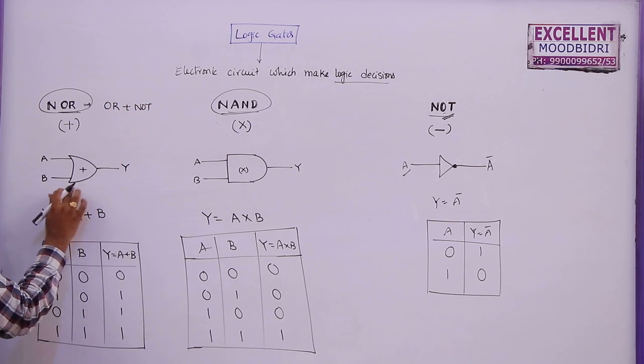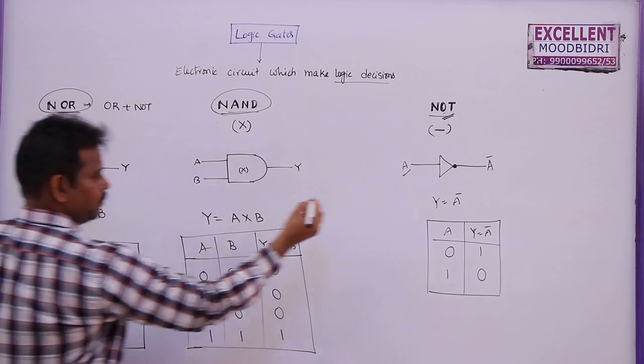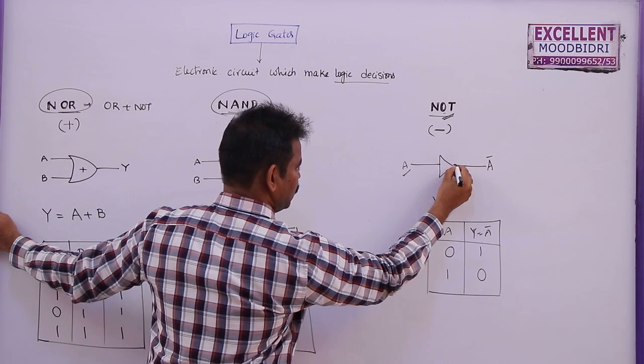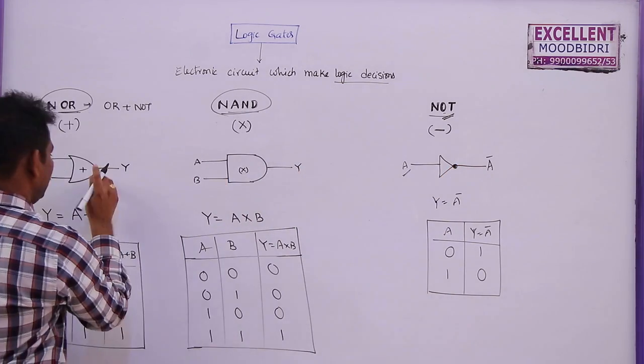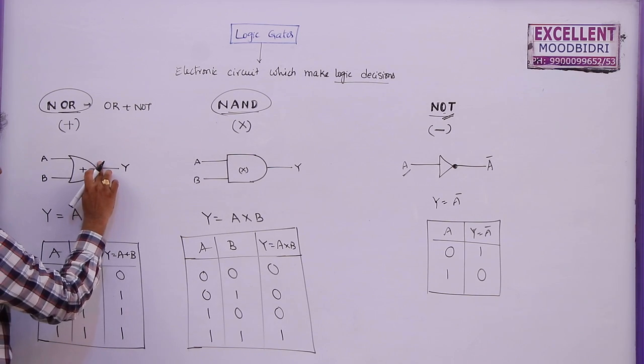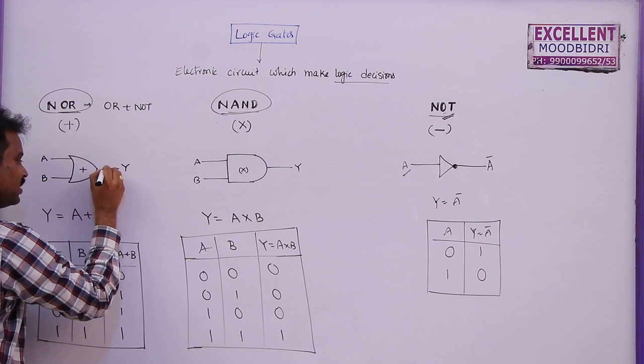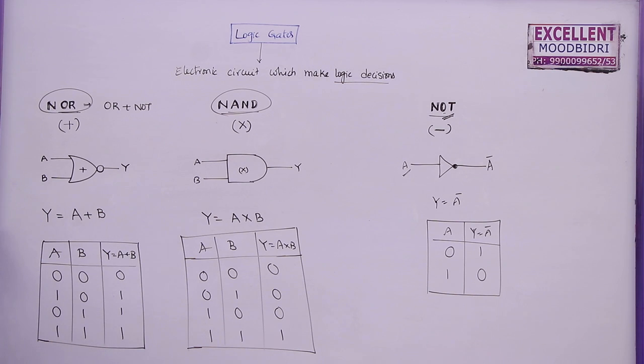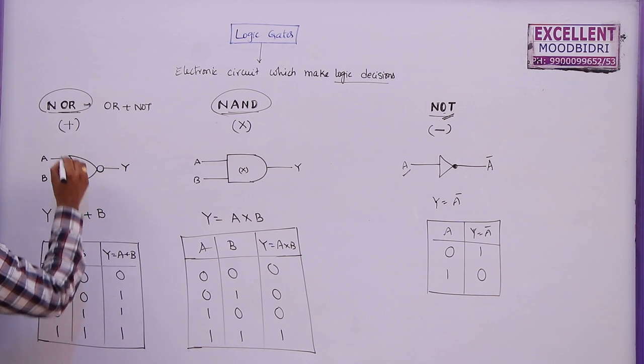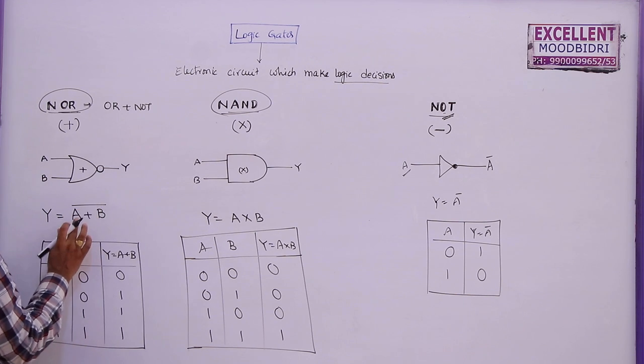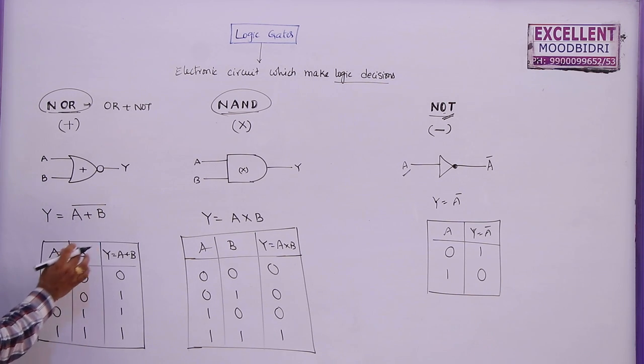So this is the OR gate. Now if you combine this one, here we have a small dot here. For NOR gate we will represent this with a small circle here. So this is the difference between OR gate and NOR gate. For OR gate you won't have this circle. For NOR gate you need to write a small circle. Then the logic operation is y is equal to complement of a plus b. So here also this is complement of a plus b.